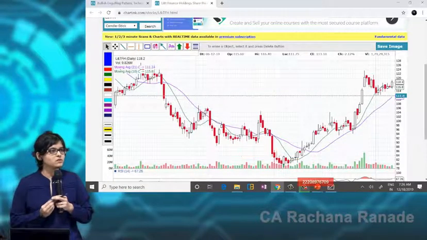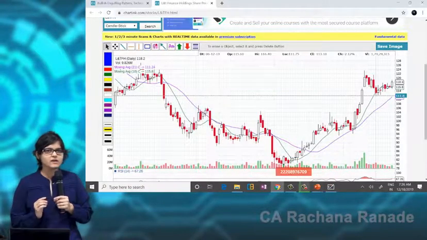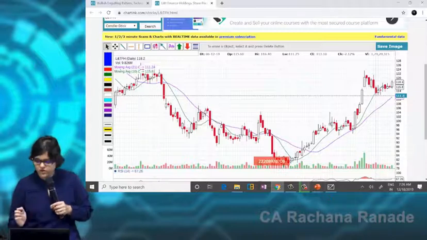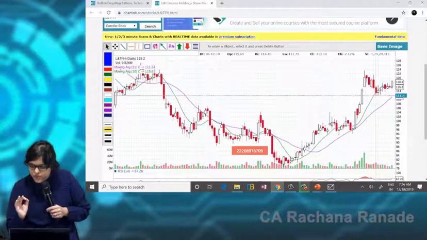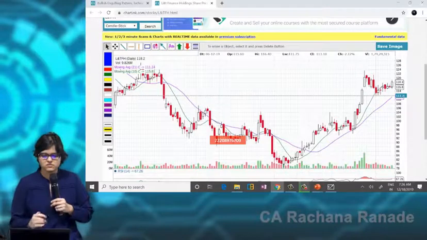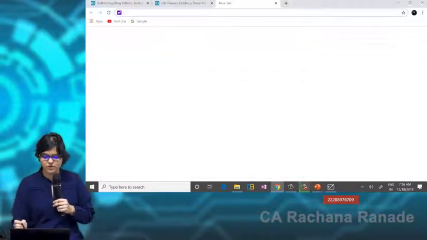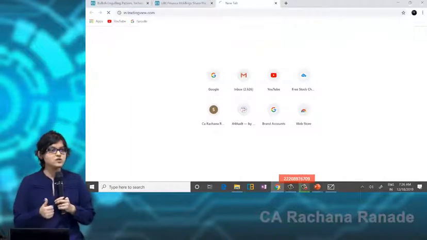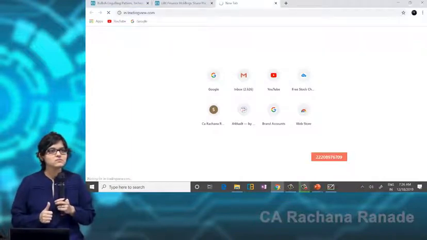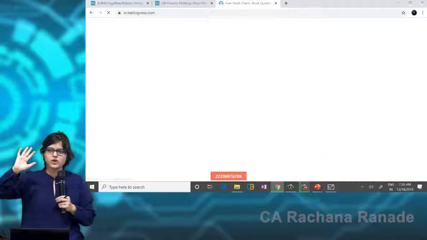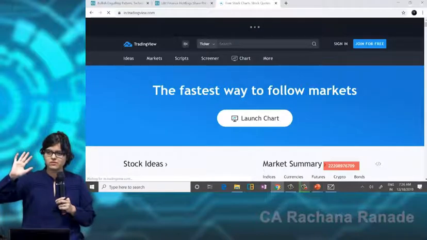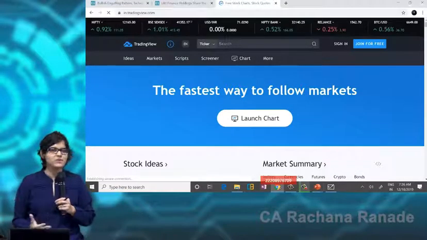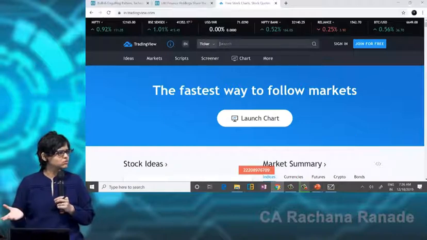What do you think? Is it a convincingly bullish candlestick or not? No. Because has the tail been properly engulfed? You're not able to see it. The problem with this site, again I'll tell you, is that you can't zoom in properly. This is it. Whatever you can see. Free software, so don't expect too much. But then what do you do? Go to Indian Trading View.